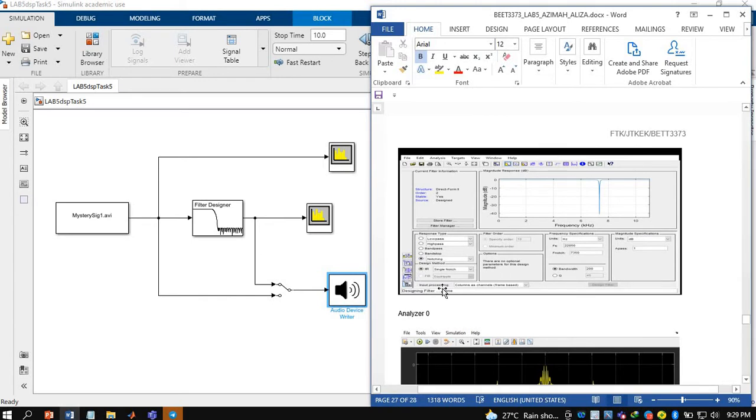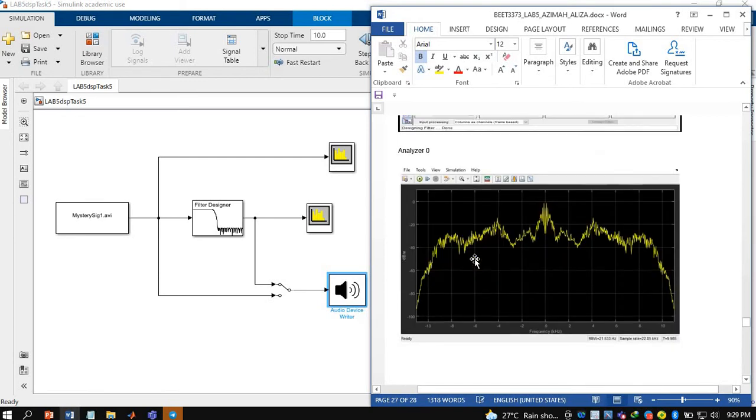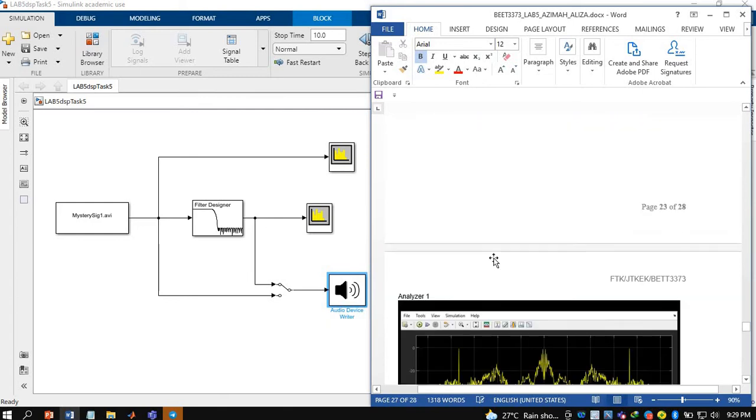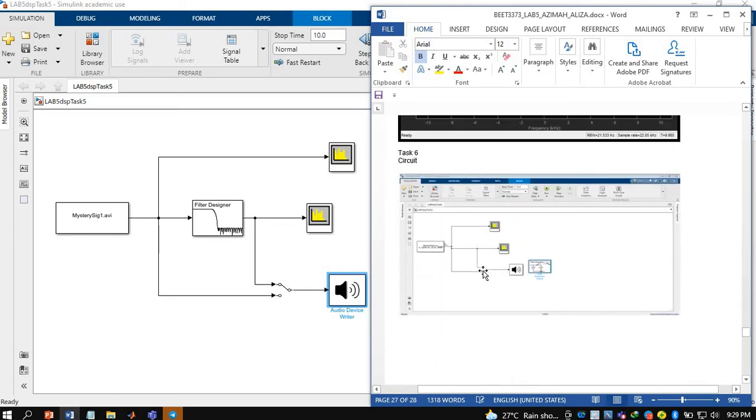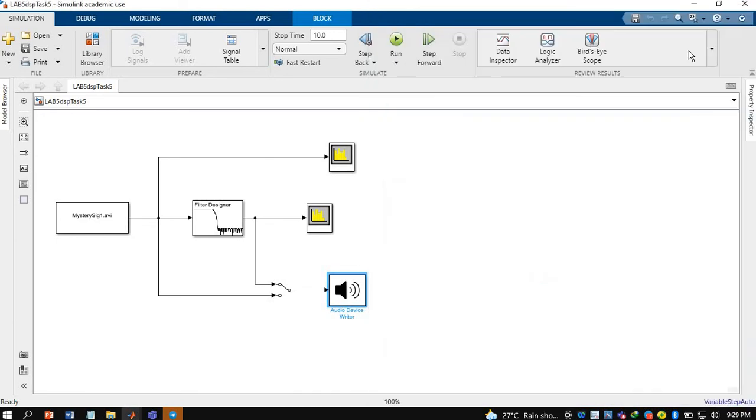Use specification mask to analyze, plot the design and realize the model, and then double click on the generated filter block to see the filter structure and run the model. Okay, after we run the model, we get the result like this for analyzer 1 and second analyzer. Okay, for task 6,